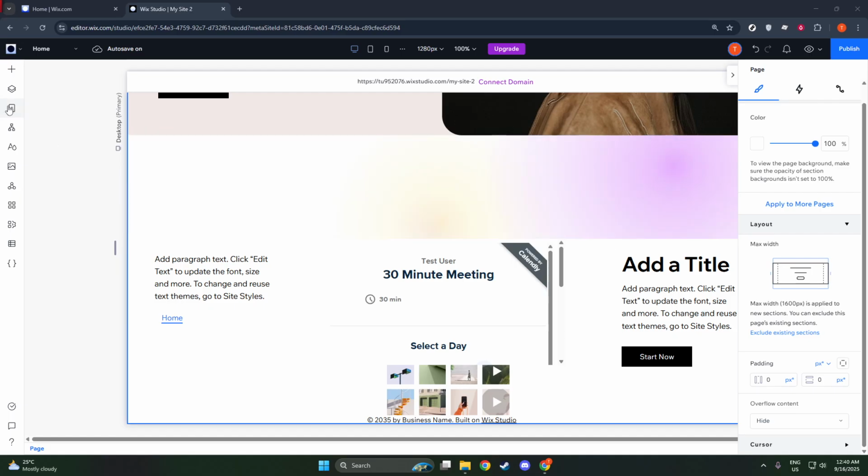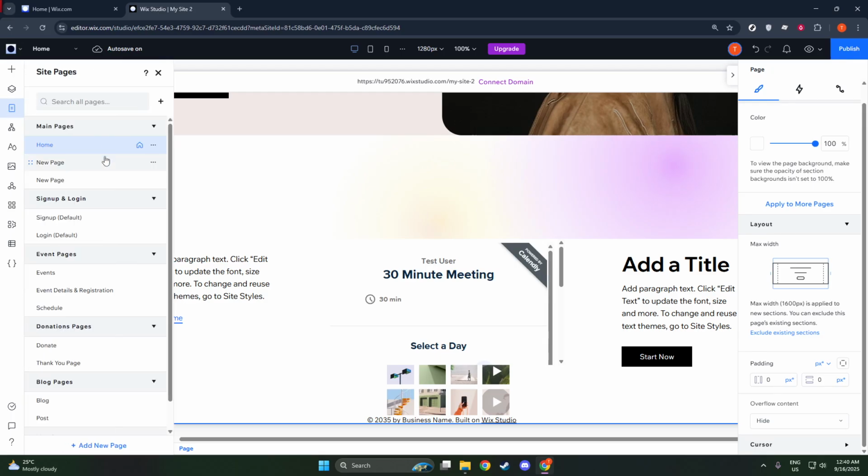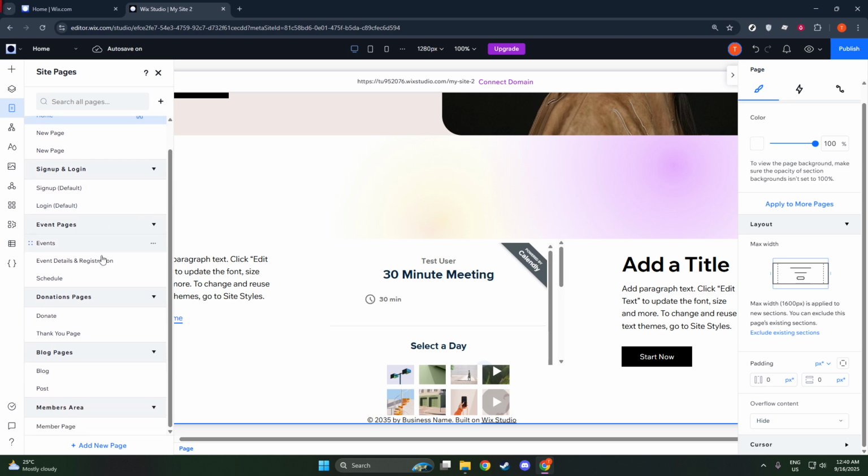You'll see a list of your existing pages, but don't worry about those for now. What we're interested in is adding a new page. At the top of this section, there's a button that says Add Page. Give that a click, and you'll be presented with a range of options for different types of pages you can